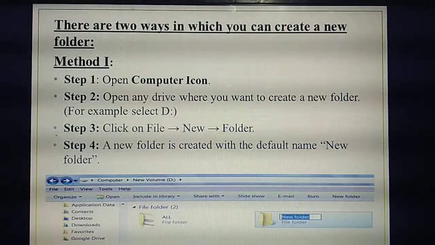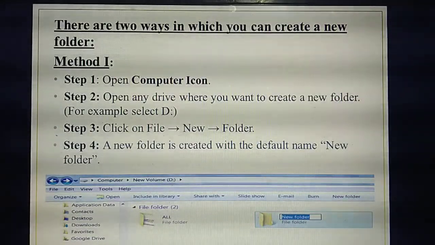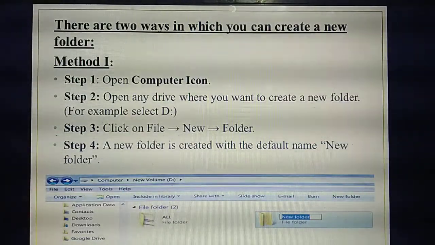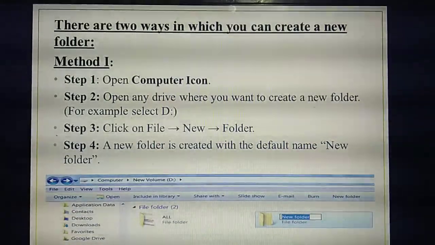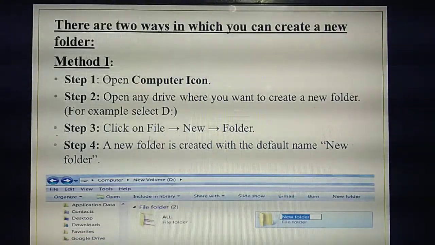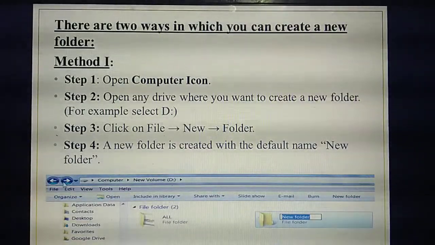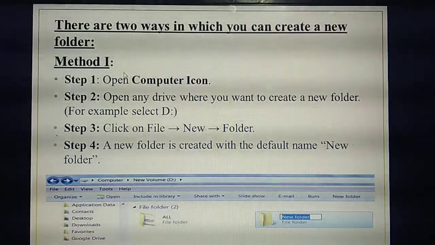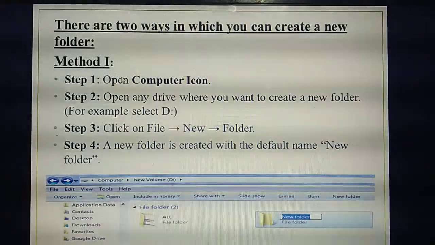First you need to open the computer icon, which means you need to click My Computer. I'll explain. This is Windows 7, what they have given. Windows 7 is the same, but Windows 8 is somewhat different. I am using Windows 8, so it is somewhat different and I can't explain here. Please listen to this picture, then only you can understand. So the first step is to open the computer icon, that means double click My Computer.